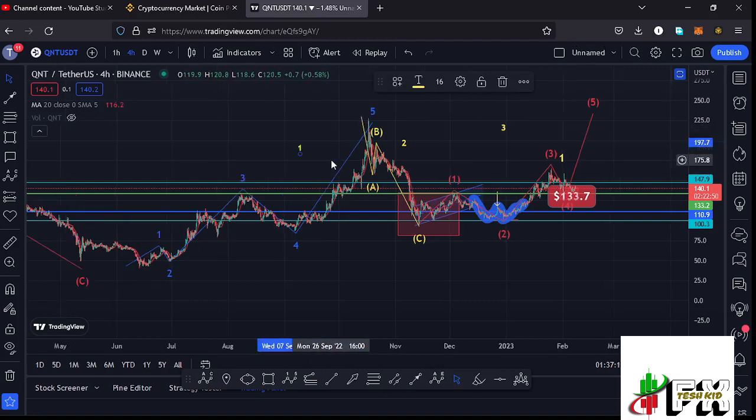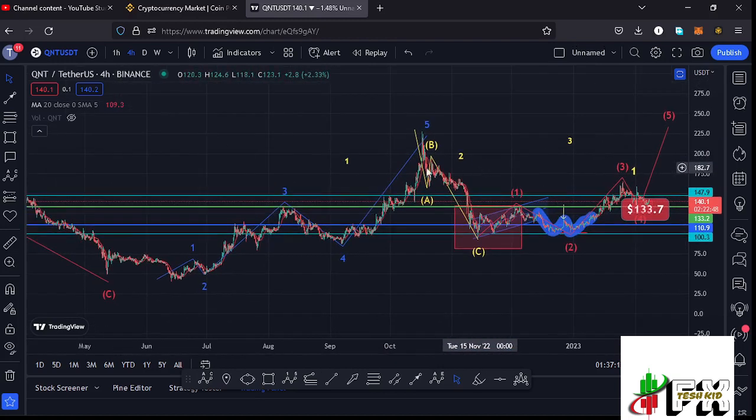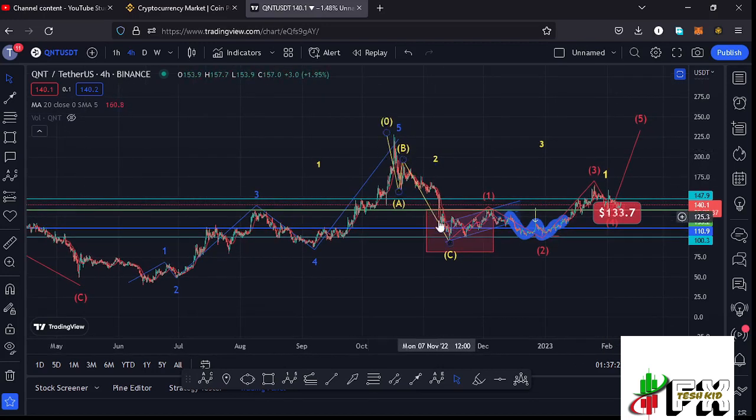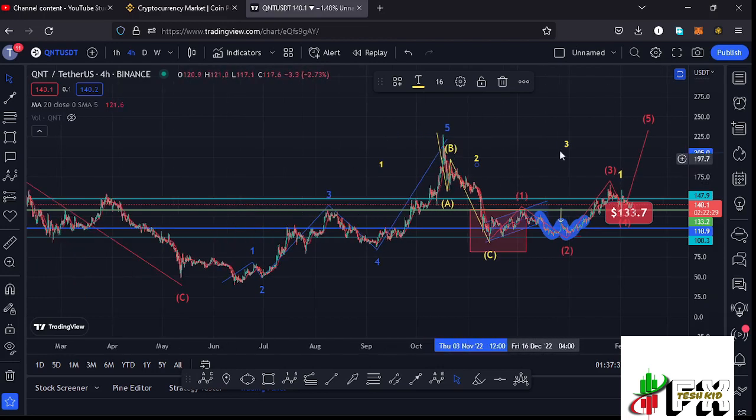And whatever we expected next after seeing the formation of that wave 1 is the formation of a larger Elliott wave count 2, which is a corrective wave, and because of its corrective nature we also expected to see an ABC corrective structure, which we have seen over here, giving us a low at around the $94.4 mark. And after seeing the formation of that second wave, whatever we expect next is a bounce to the upside